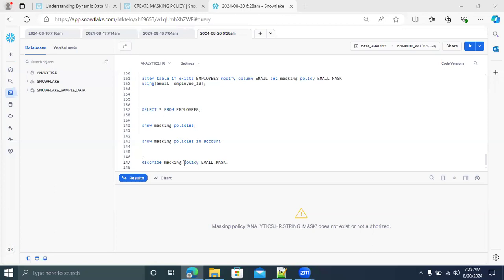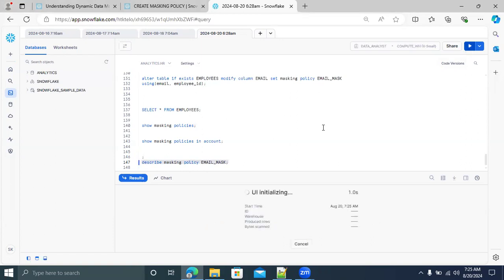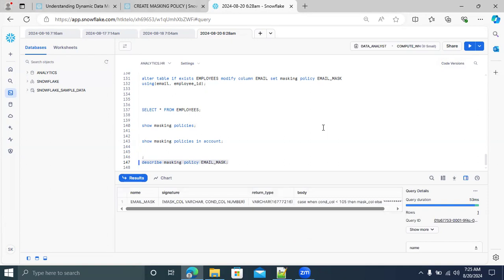Guys, we have to give email mask. Okay, now just run it. Now we can see the information: name, signature. Signature in the sense, what arguments you have passed, what data types, and then data